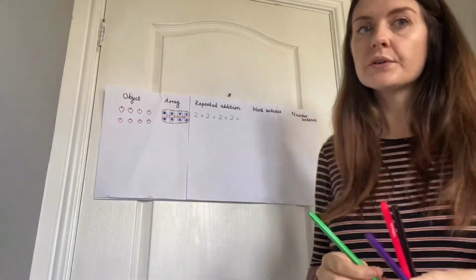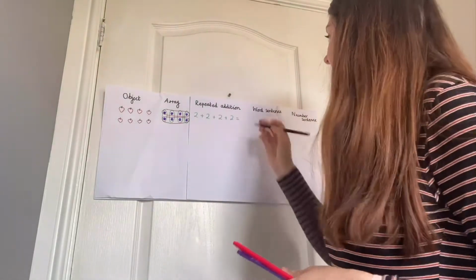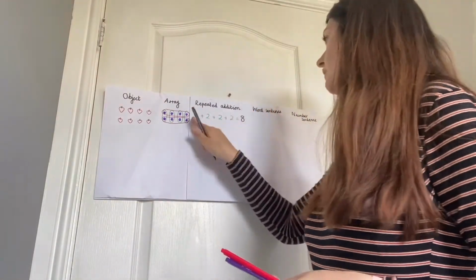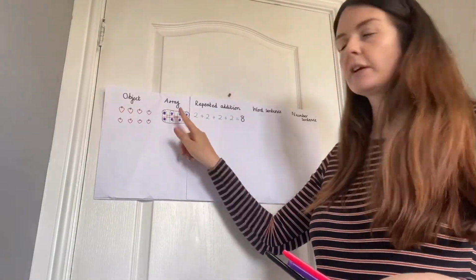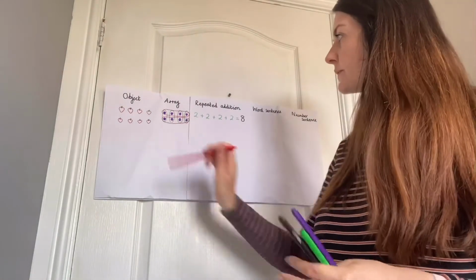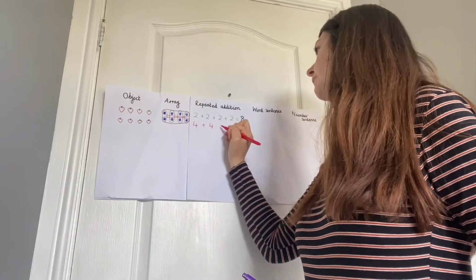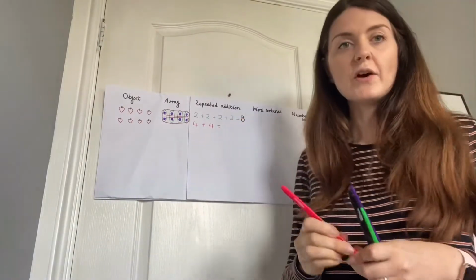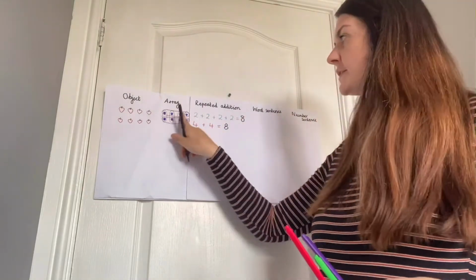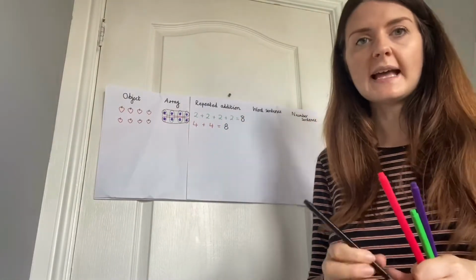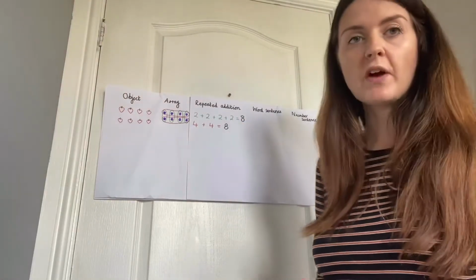which will give us, if we count in our 2's 4 times, correct, that will give us 8. So we've got 2, 4, 6, 8, okay? And then we can also look at our red groups and we can do 4, add 4, okay? And that also gives us 8, okay? Because we've still got the same number all together, okay? So that's how we can see that multiplication is commutative, but we've got a few more steps to do on